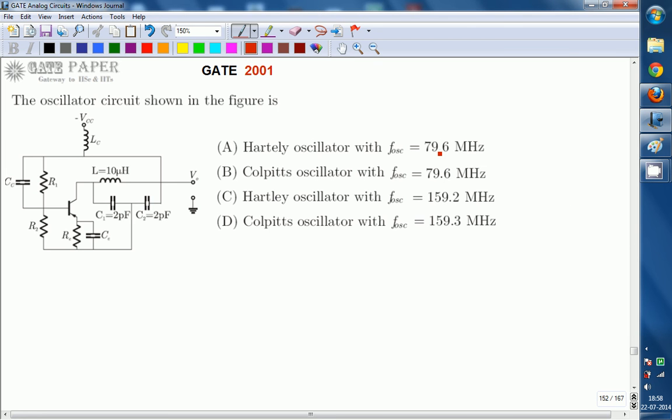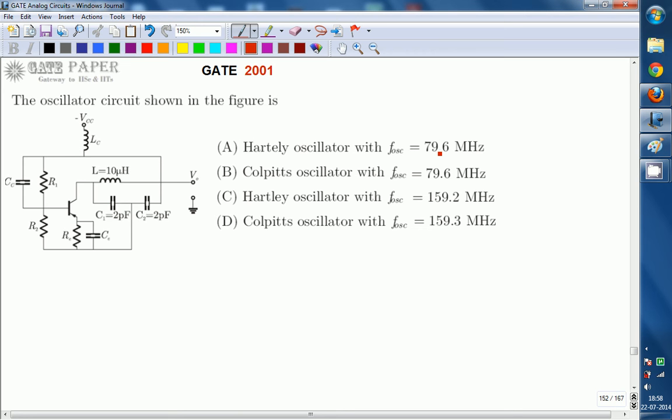Hello, we are discussing the GATE 2001 ECE paper, and this question is related to analog circuits. Look at the circuit diagram given. This is the oscillator circuit. The oscillator circuit shown in the figure is